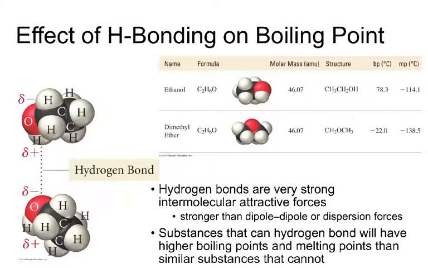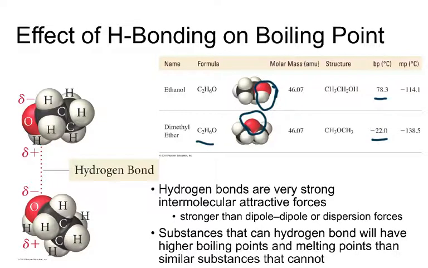Hydrogen bonding has a significant effect on boiling points. If we compare ethanol, which is capable of hydrogen bonding, see the oxygen with the hydrogen bound to it, to dimethyl ether, which has the same elements, but the oxygen is in the middle and is not capable of hydrogen bonding because there's no hydrogen bound to it. You can see the difference in boiling point from negative 22 degrees Celsius to 78 degrees Celsius when hydrogen bonds are present. Hydrogen bonds are the strongest intermolecular forces,